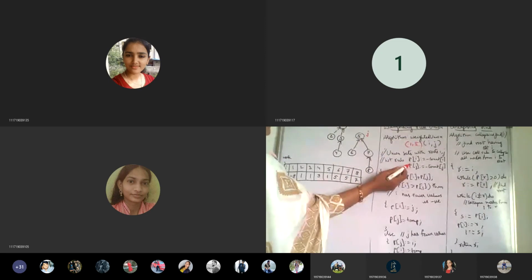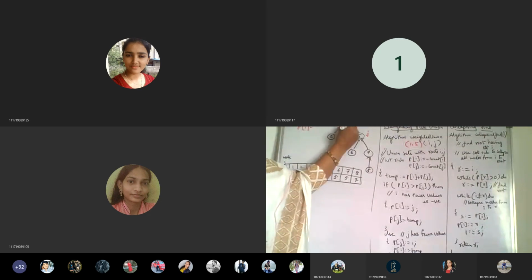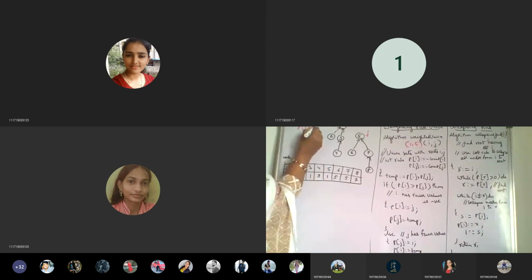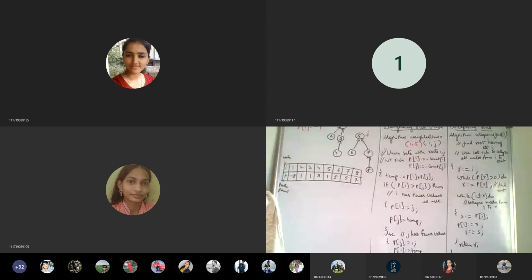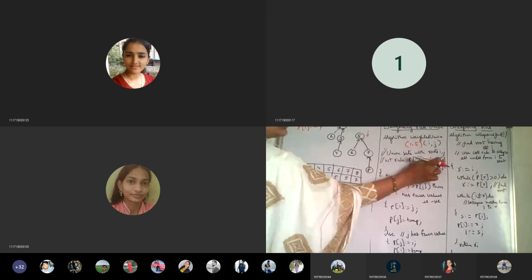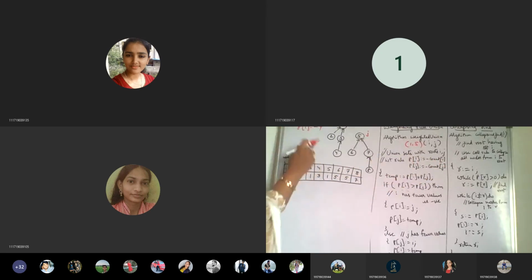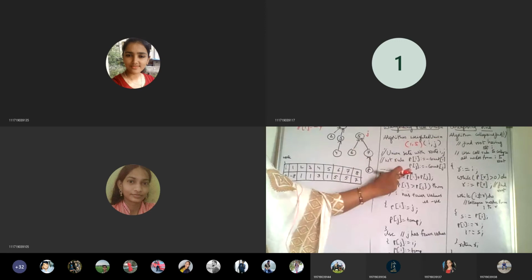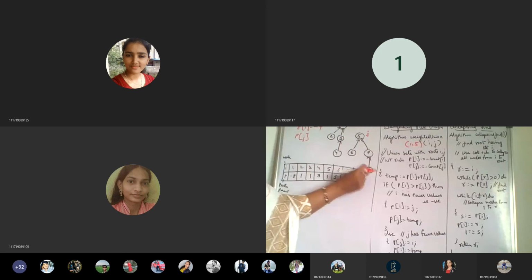And weighing rule says that P of I is equal to, what is P of I here? I is nothing but a root node, so that's why negative. How many are there? 4. So P of I is equal to minus of count of I. Minus of count of I means it's nothing but 4. Count of I means how many nodes are there. That is minus 4. And then similarly P of J. With the root node J, how many nodes is it having? That will be the count there.